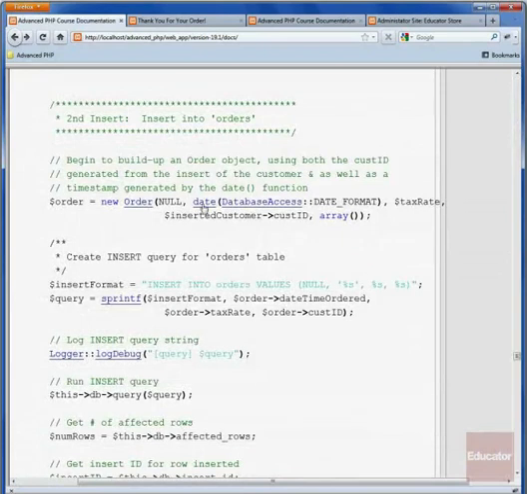So we can see here that the second one is a call to the date function, and basically what that's going to do is generate our timestamp for this particular order. So when this order object is created, this is going to create the timestamp. We've actually created a constant in this database access class called date format, and if we